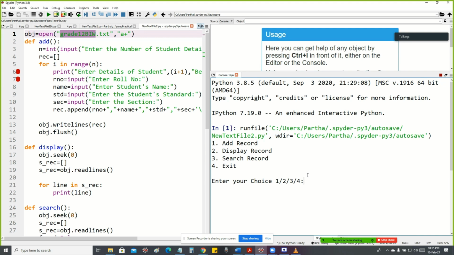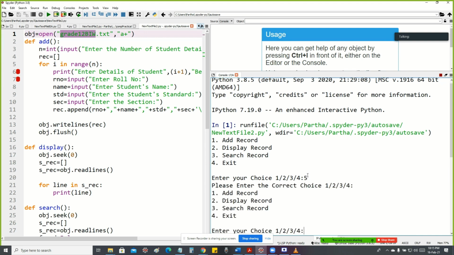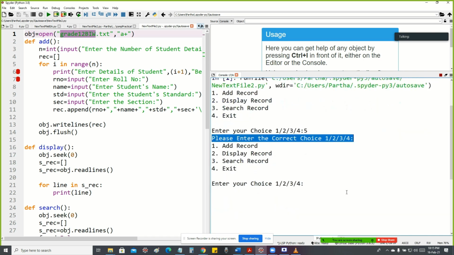Here I'll give the choice number 5. Let's see the output. See students, you are getting the alert message: please enter the correct choice 1 2 3 4. Why? Because here I gave an incorrect choice, choice number 5. So that's why you're getting the alert message.